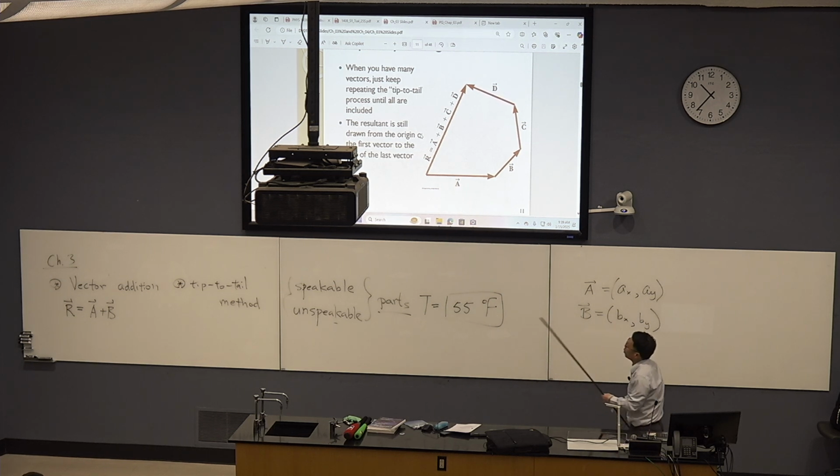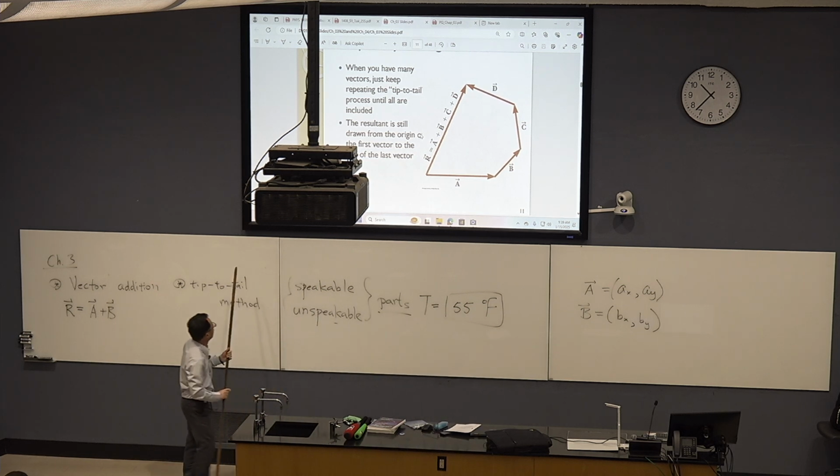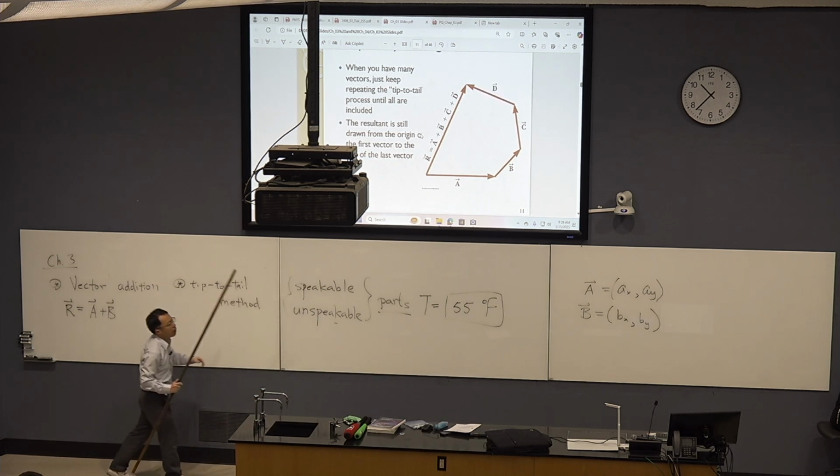So now you can somehow sense what I meant by the so-called senses of geometry. When you learn about physics, like in this chapter here, vectors, you do have some pictures in mind, like this, right? You don't just memorize equations, but you have some pictures in mind so that you know what's the geometrical meaning of such a description here. Right? So this is called tip-to-tail method here.